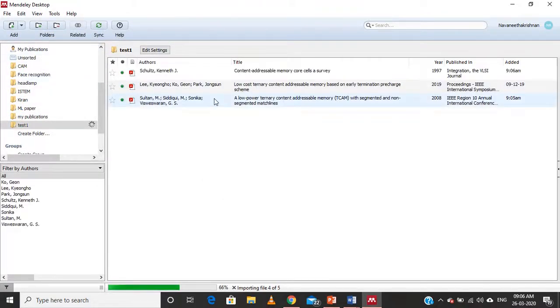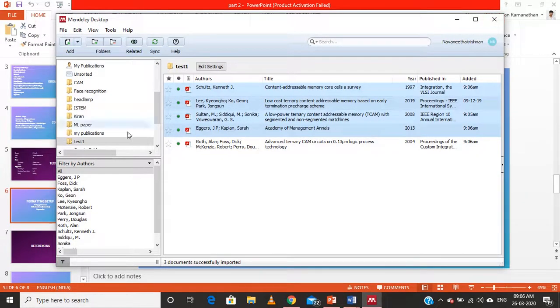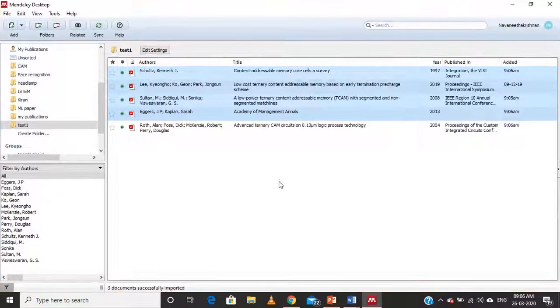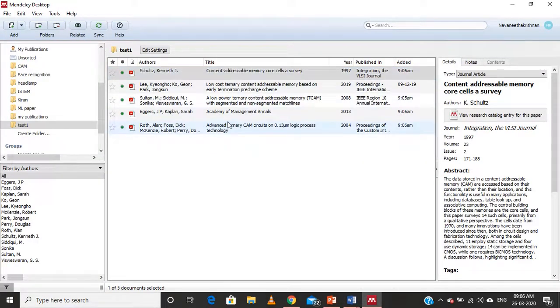Go to Add and select the papers to be added, or drag and drop from anywhere. Through Mendeley you can read your references very efficiently.